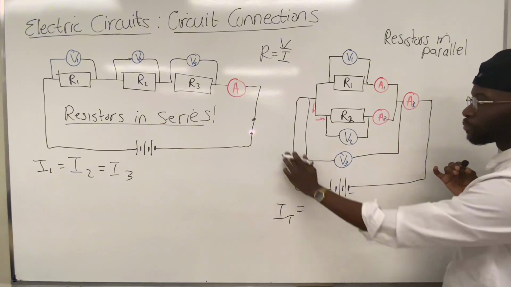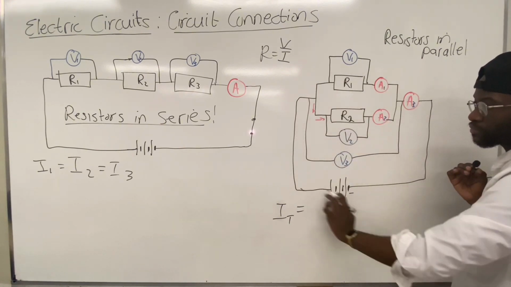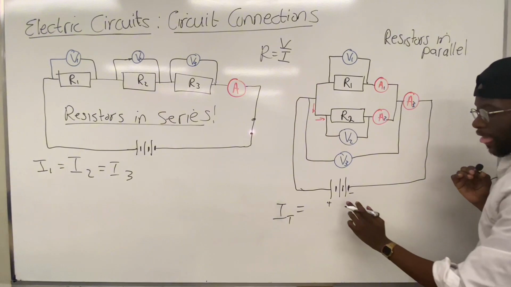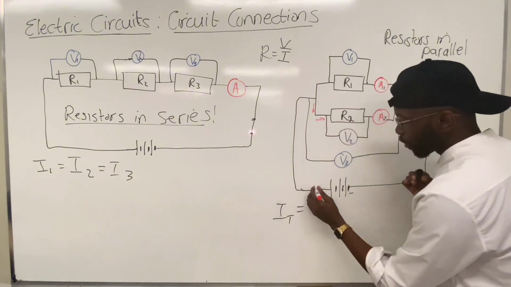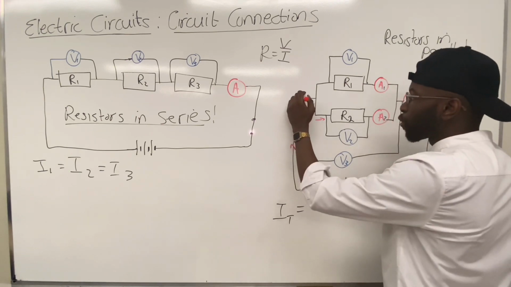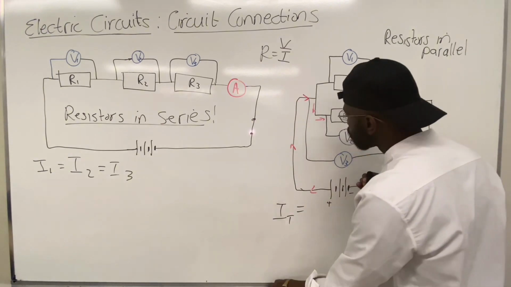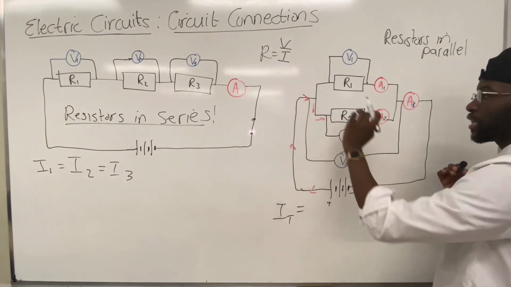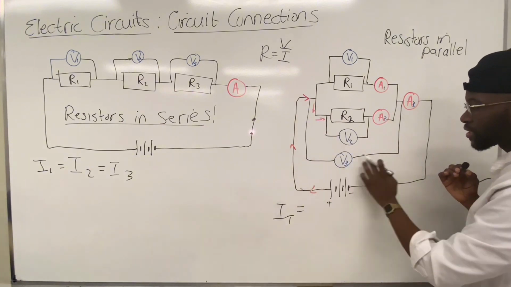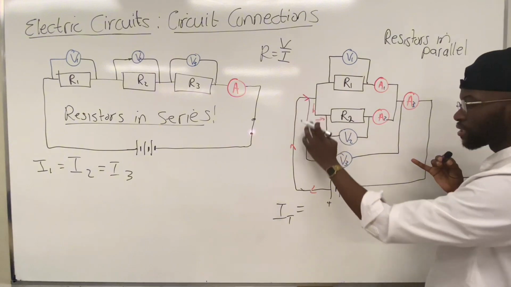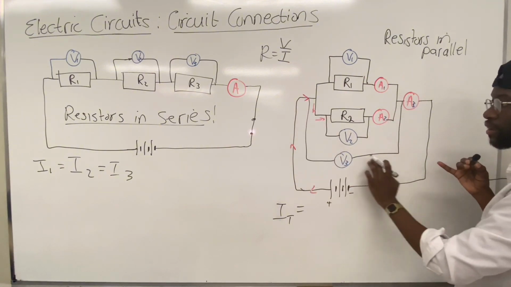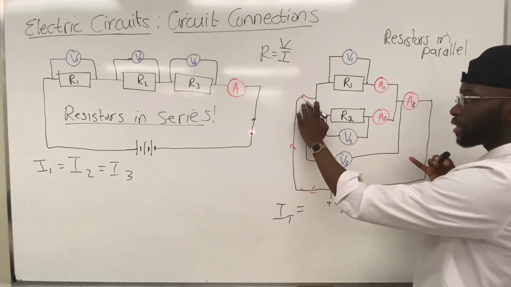So our flow will be in this direction. As it flows in this direction, when it reaches here, it will have two options, two paths to take. Remember, this is not a path. This is just us connecting a voltmeter. Remember, a voltmeter is connected in parallel so that we can measure the potential